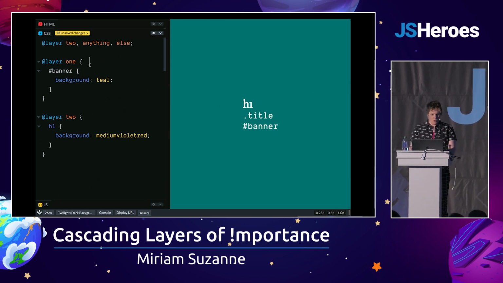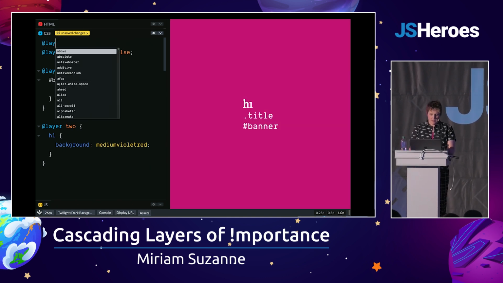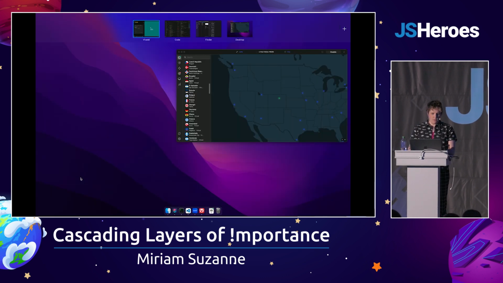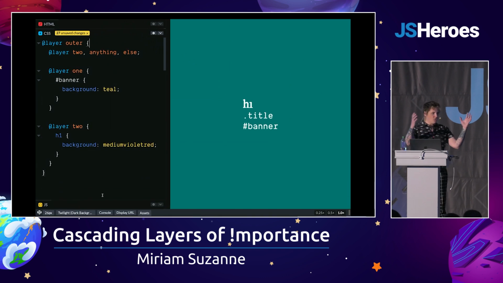Yeah, so that gives you some sense. We can also do a thing where we nest layers. So at layer outer, and then we could put all of this stuff inside of it. And it just works the same at every level.